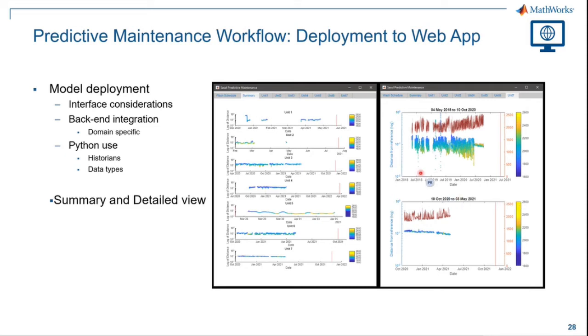So on the right-hand side here, you can actually see an example of what the GUI interface looked like. On the left-hand side, we've got a summary section where it would just cover the operation of each machine since the last wash. So you can see there's breaks in operation, but it was never washed in that particular period. And yeah, this is essentially just a